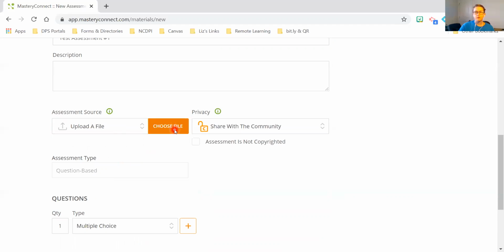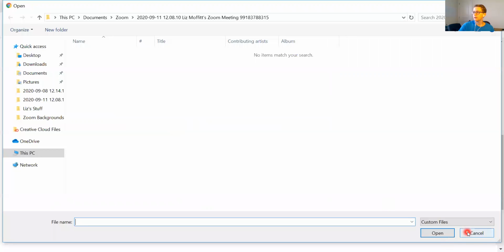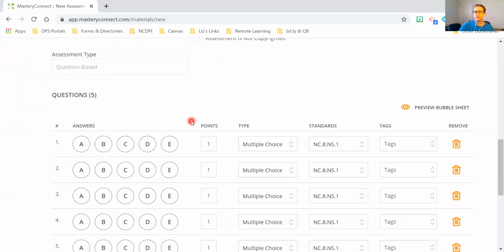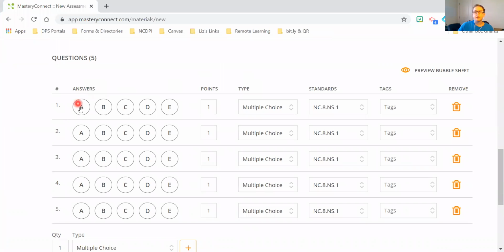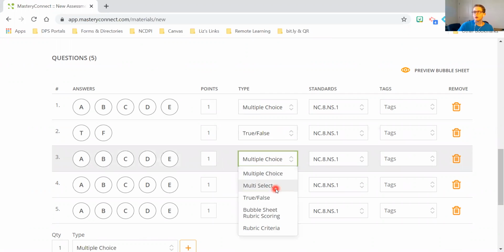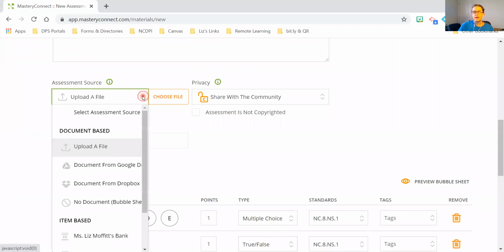You would choose that file from your computer, and then you would indicate how many questions were on that test. Let's say that test had 5 questions. And then you would just create the answer key in MasteryConnect. And if some of those items maybe were true, false, or had multiple answers, you would be able to change those item types. One limitation of doing a document-based test in MasteryConnect is that you cannot have open-ended or graded